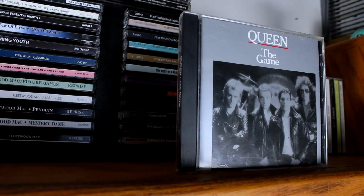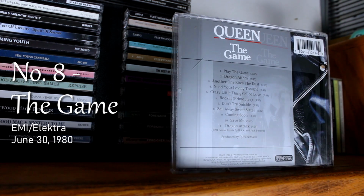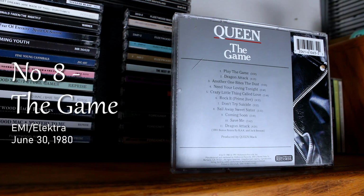Kicking off the 1980s, we have The Game. A very good album, I think. I still stand that it's one of their worst album covers because I think it's lazy, but the music inside is still very good. You have big hits like Another One Bites the Dust, Crazy Little Thing Called Love,